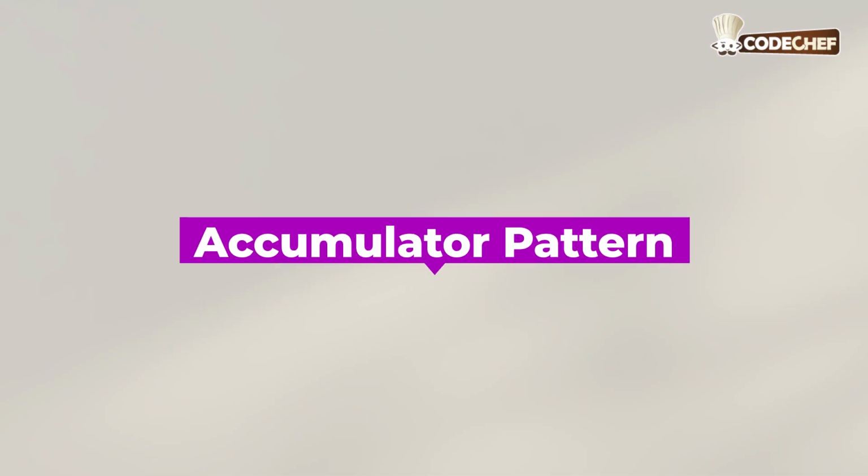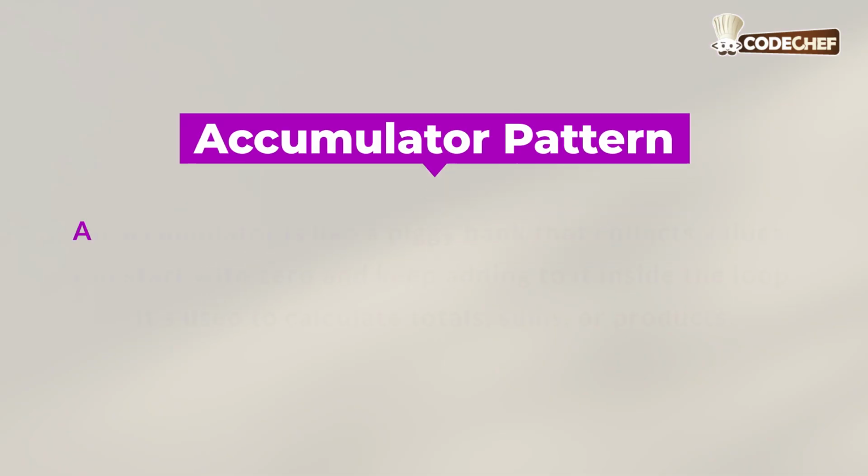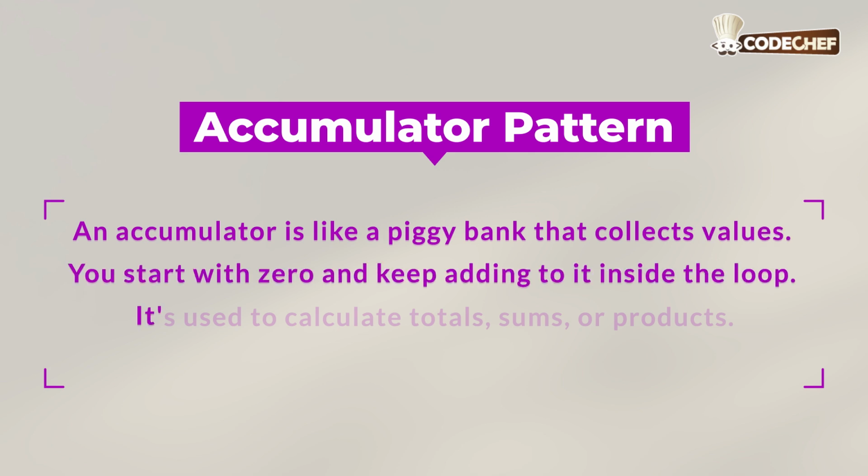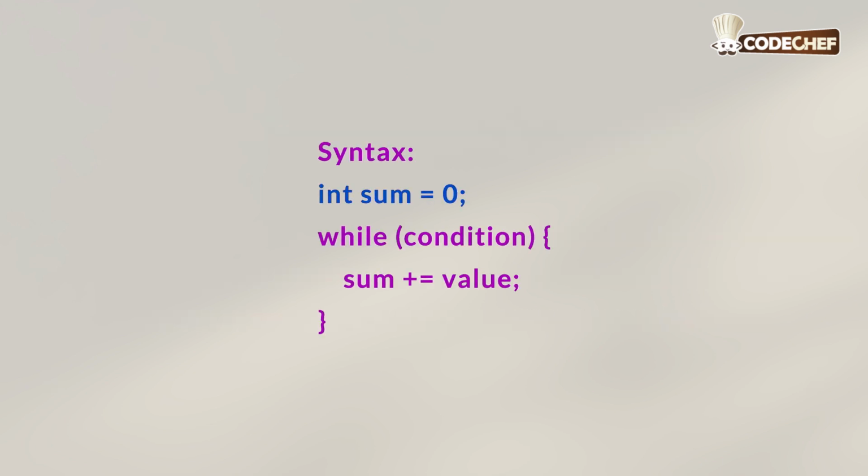Next is the accumulator pattern. An accumulator is like a piggy bank that collects values. You start with 0 and keep adding to it inside the loop. It's used to calculate total sums or products. The syntax for the same is: int sum = 0; while (condition) { sum += value; }